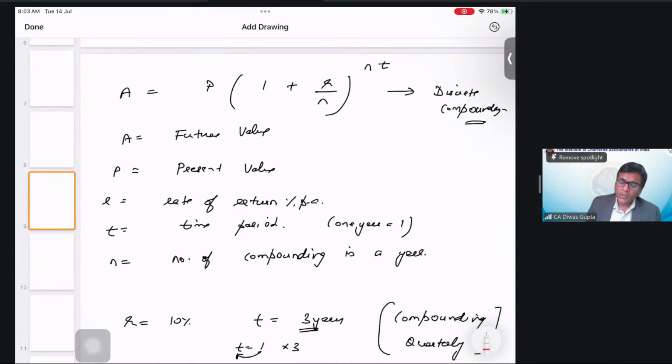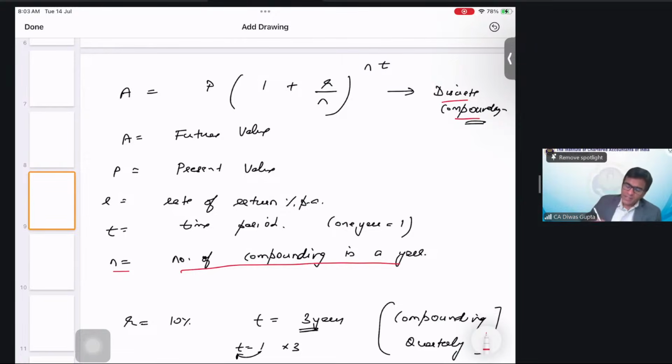So A is equal to P (1 + r/n) raised to the power nt. This is the discrete compounding, where n refers to the number of times compounding happens in a year, right? Because let's say if compounding is happening 4 times in a year, what we will do is take the annual rate of return